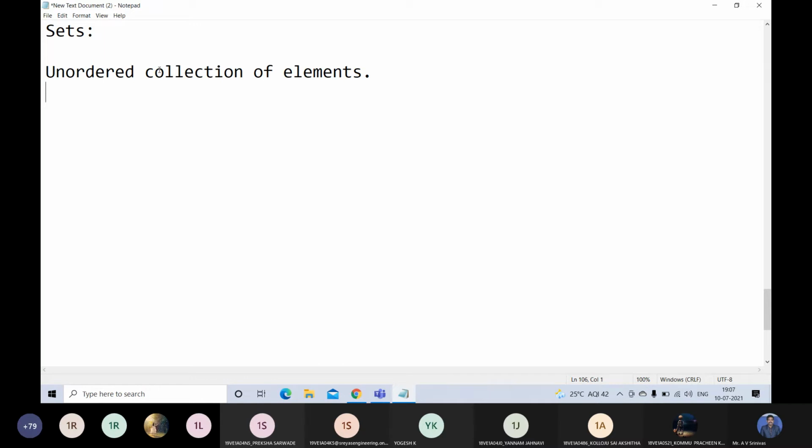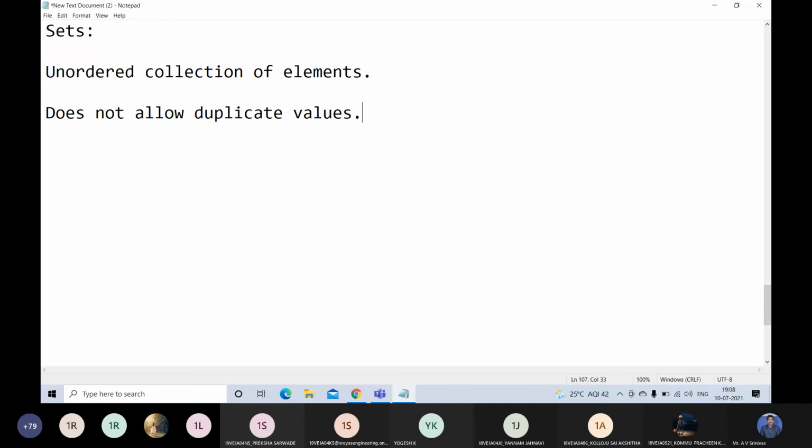And here sets do not allow duplicate values. That means every element in a set must be unique. But in lists and tuples, duplicates are allowed, but in sets, duplicates are not allowed.